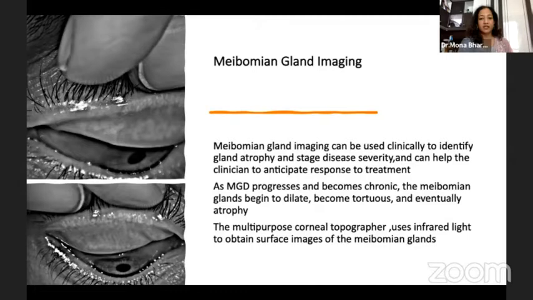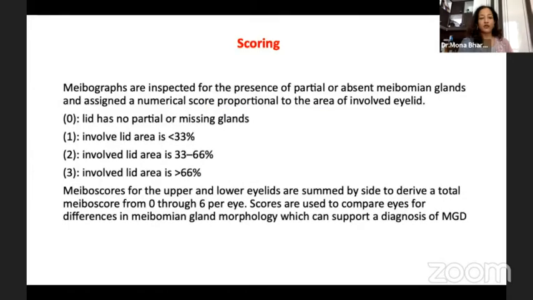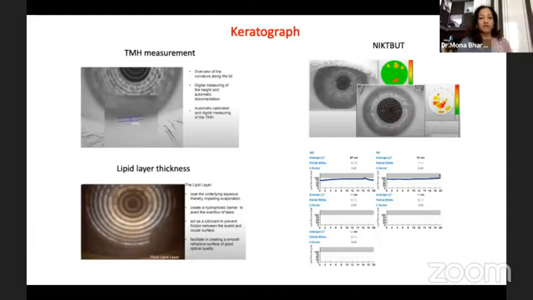to treatment. Scoring of the meibomian gland dropouts can be done on a score of 0 to 3 to evaluate the presence or absence of these glands. The keratograph helps us in automatic and digital measurement of the meibomian glands, and a thickness of less than 60 is a direct indicator, with a 90% specificity, of